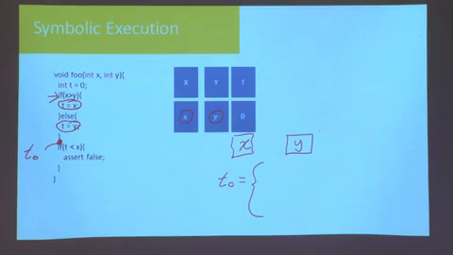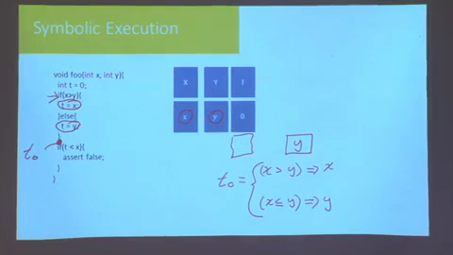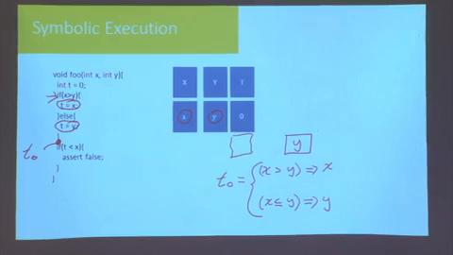That's right. So essentially what we know is that if x is greater than y, then this implies that it's x. And if x is less than or equal to y, that implies that it's y, right? And so we have this value that we've defined. We'll call it t0. And it has these logical properties. So at this point in the program, we actually have a name for the value of t. It's t0,